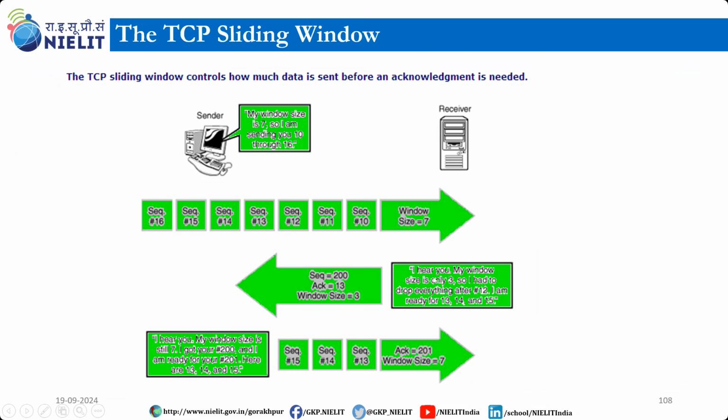Now this machine is replying with its own sequence number 200. Acknowledgement 13 means I have received your data up to sequence number 12. Now I am ready for 13, and again my window size is only 3. So this is the reply message